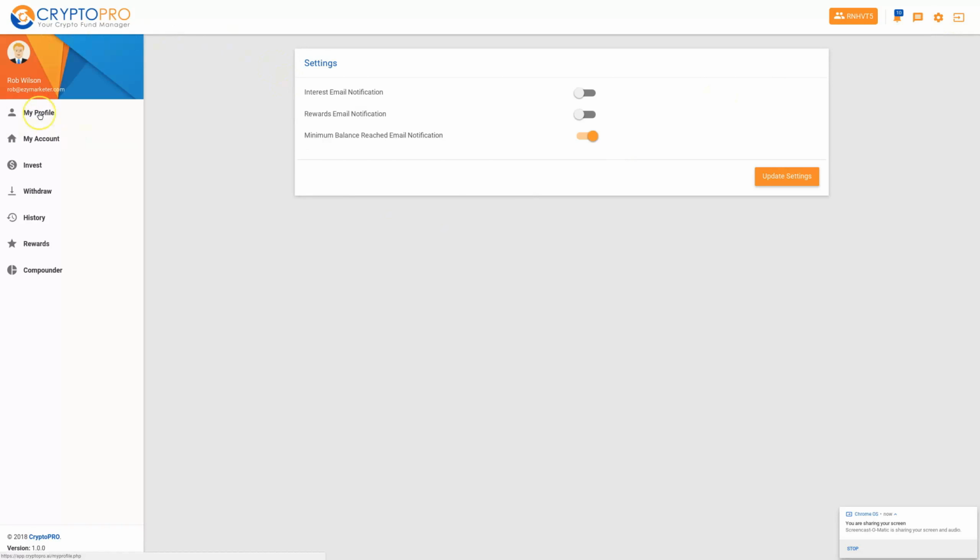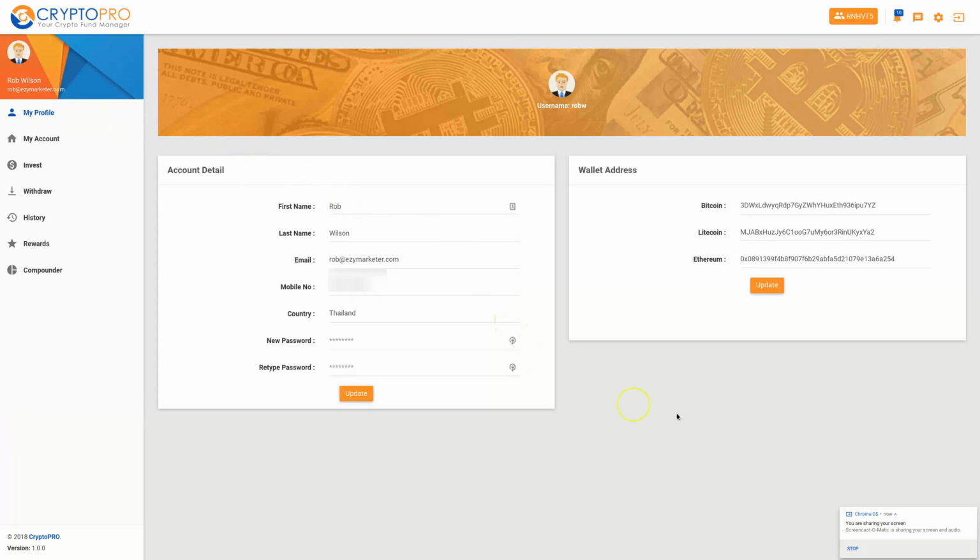So if we go to my profile, in here in your profile is where you can add your wallet addresses. You need to add your Bitcoin, Litecoin, and Ethereum wallet addresses, and then click on update. You can change that at any time you wish. These wallet addresses are the withdraw addresses. So when you go to withdraw some of your profits, you can withdraw to your